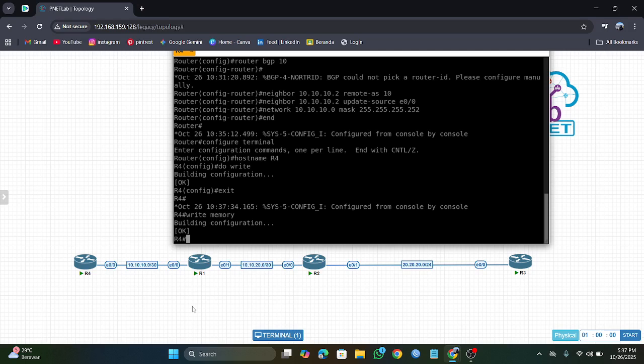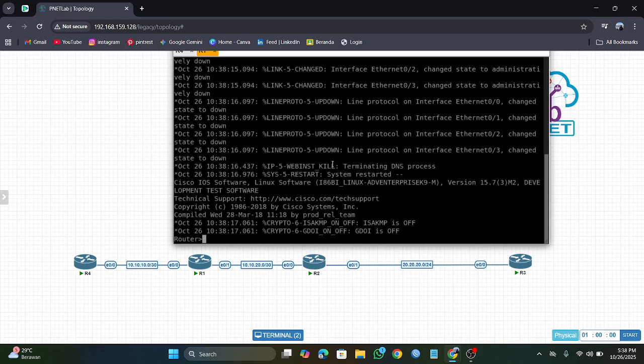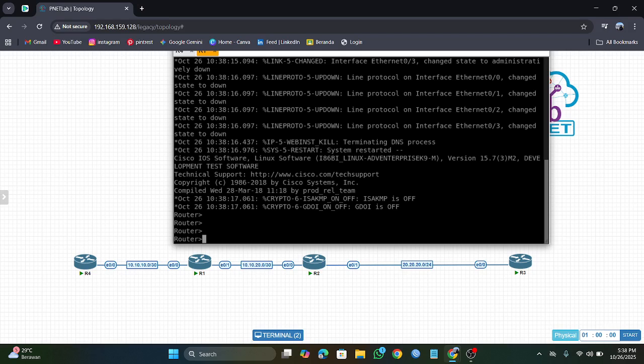Next you open router one. Okay, enter, no. You type N, just type N. This is an abbreviation.